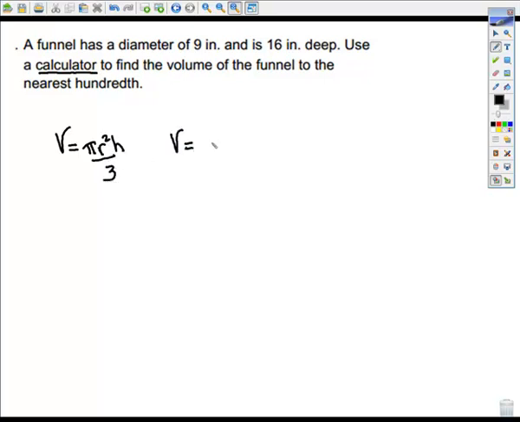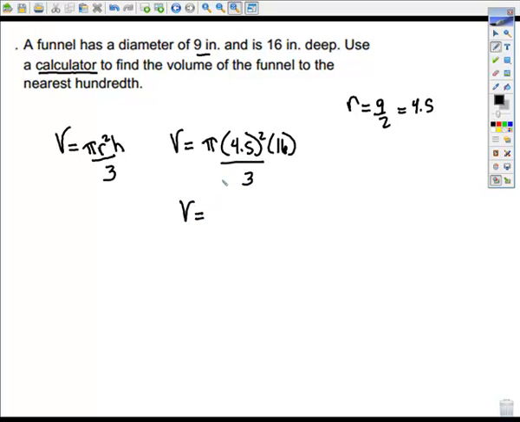So my volume is pi, I'm just going to put in pi, times, well, I have the diameter, so I need to find the radius. And the radius is 9 divided by 2, or 4.5, squared, times the height is how deep it is, so 16 divided by 3. So volume is,